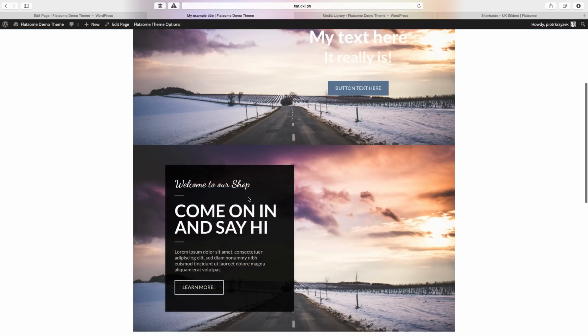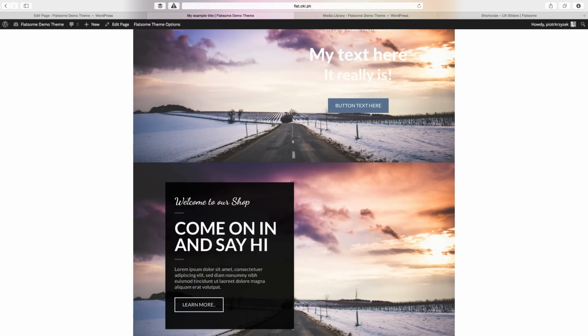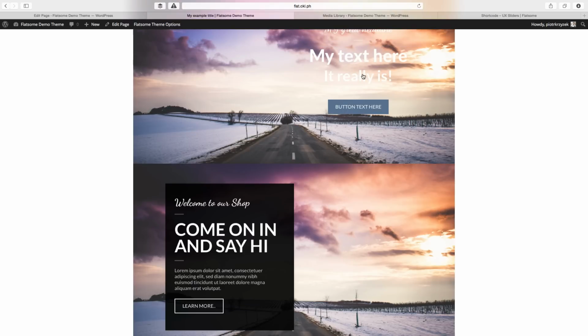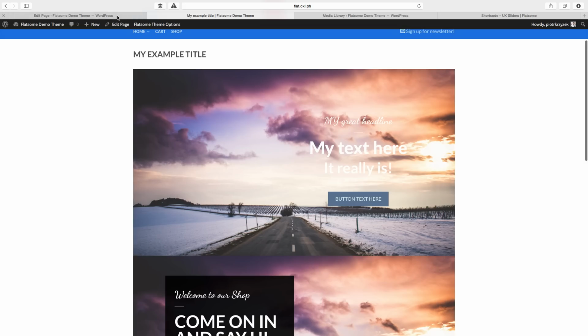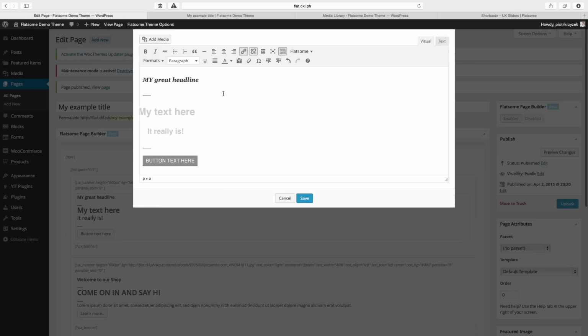See? That's it. There's nothing too complicated about banners. You just got to pick one that works for you. And by the way, all of this is settable in the Flatsome settings. But if you really want something strange or different, this is just the regular WordPress editor that